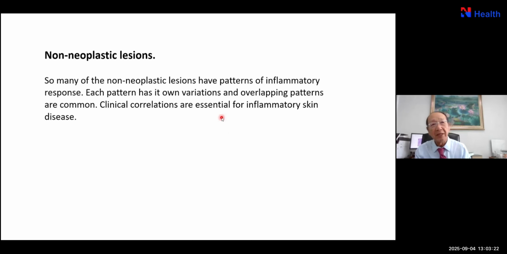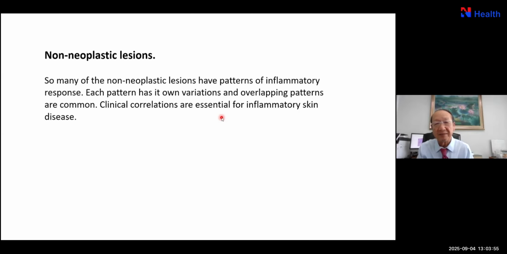That's about the general neoplastic lesions of the skin, which consist of melanocytic lesions, adnexal neoplasms, and some epidermal lesions. Okay. Now we go next to the non-neoplastic lesions. The non-neoplastic lesions have patterns of inflammatory response. Each one has